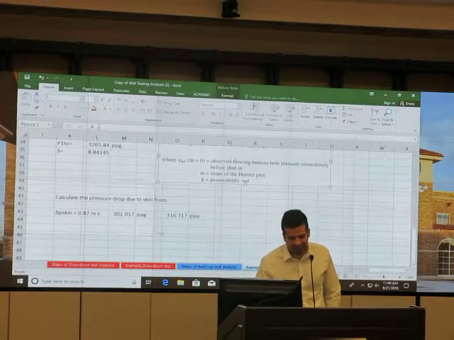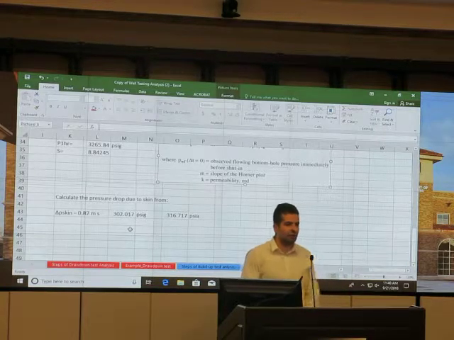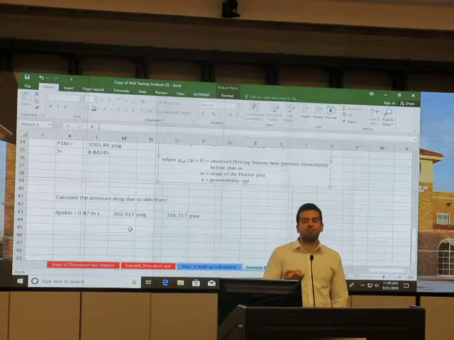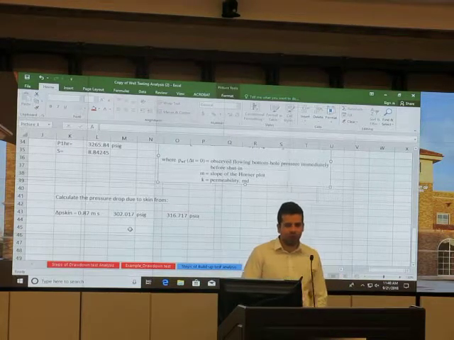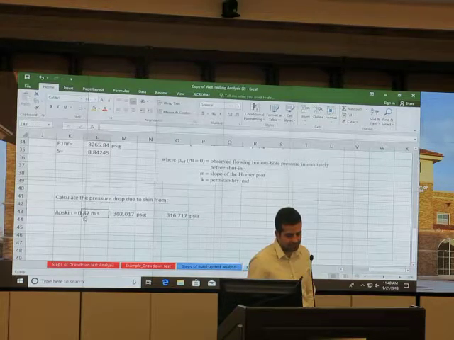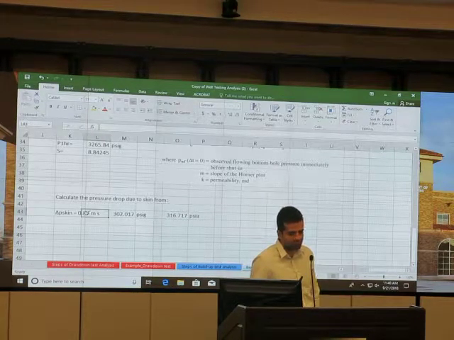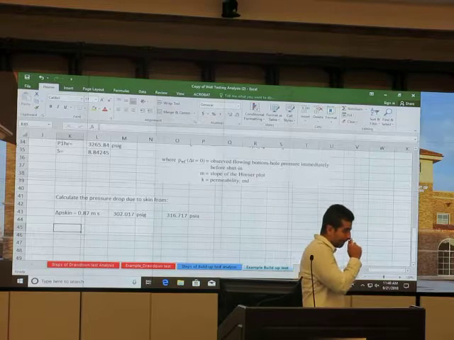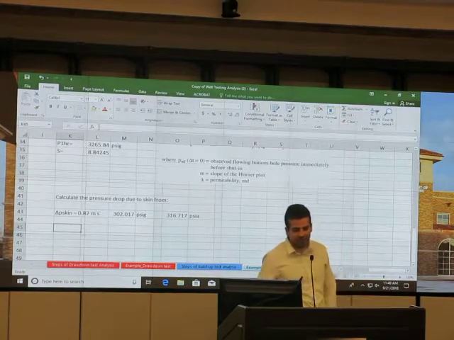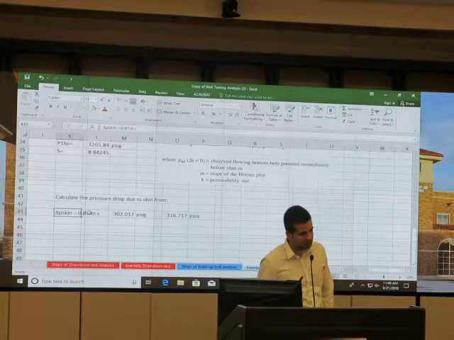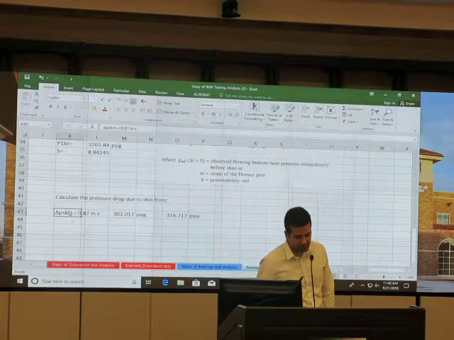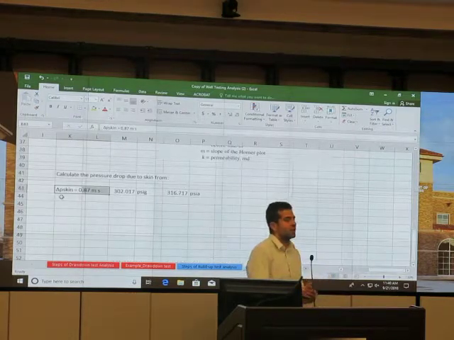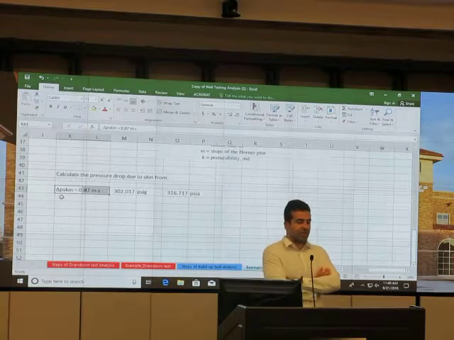So simply you get that, and again, let's come back to the equation that your friend had. What is the effect of skin factor? Skin factor results in pressure drop, okay? So the pressure drop is formulated as this. And when you have the skin factor, you can just put it in this equation and calculate. Okay? So a question, is it going to be different when it is, let's say, steady state? This equation over here for calculating the pressure drop due to skin. Is it going to be the same?